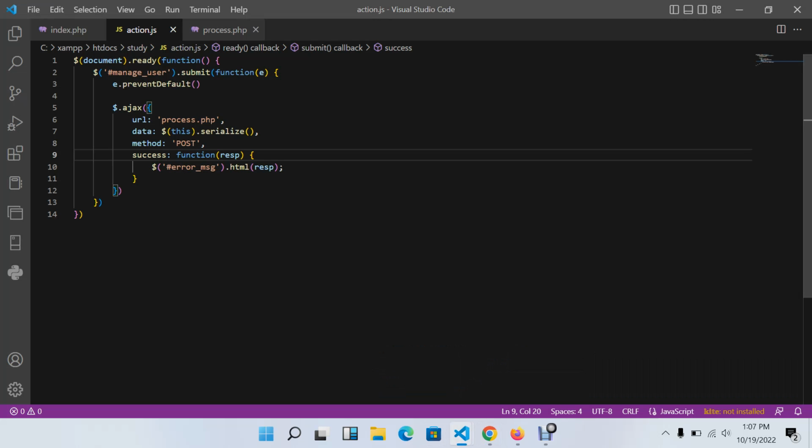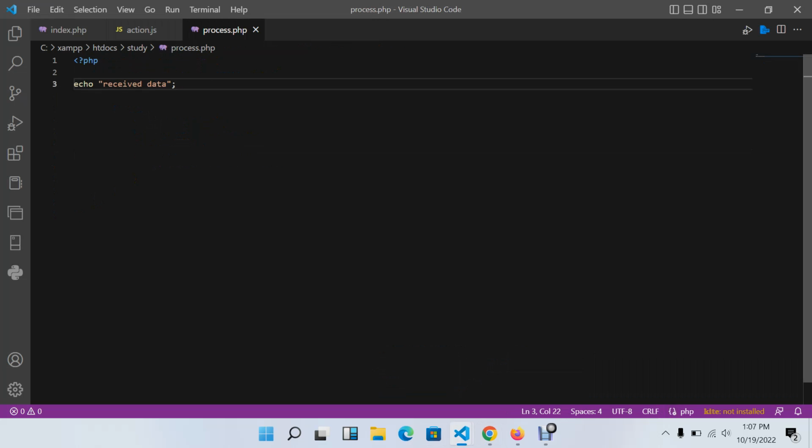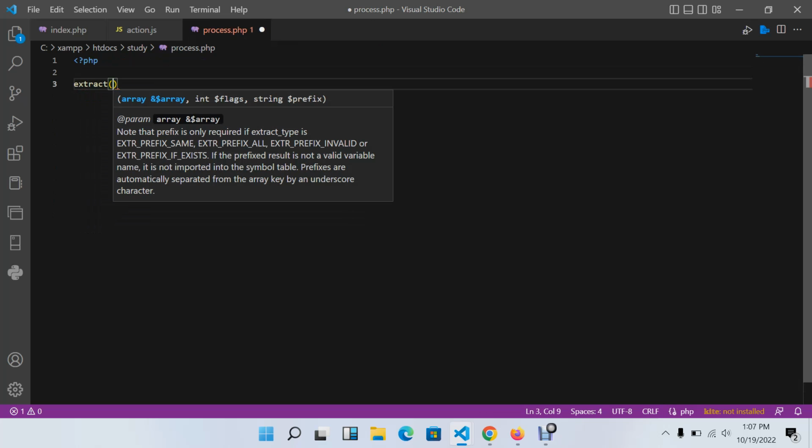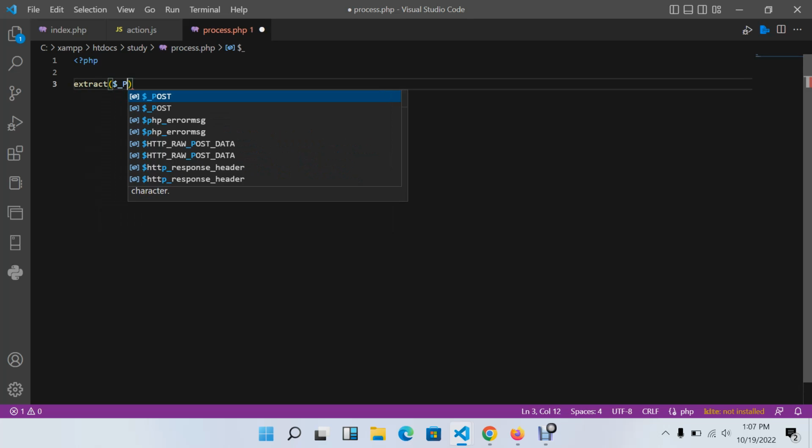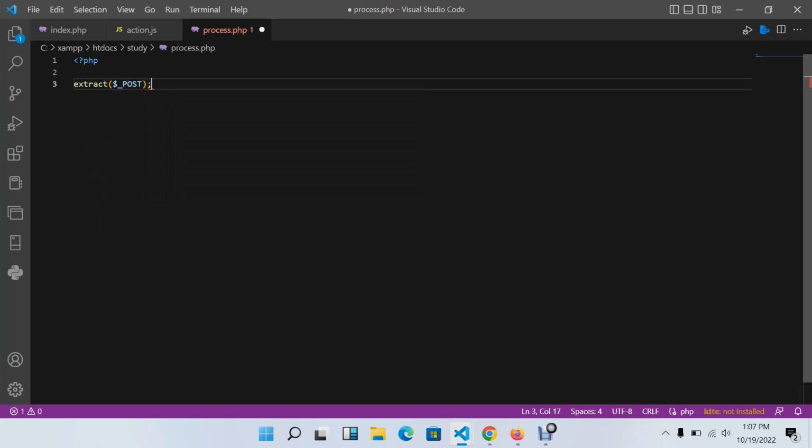So what we want to do now is serialize that data, grab that data from the jQuery page, from the JavaScript page, and process it and store it in the database. So to do that, we need to extract this data. This is how you extract the data that has been serialized in Ajax. So the next thing you do, you say